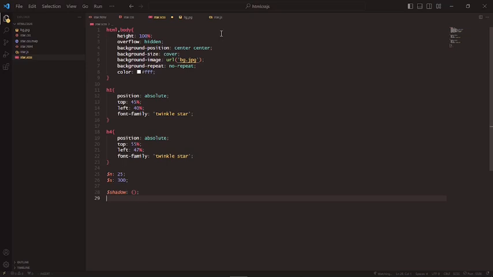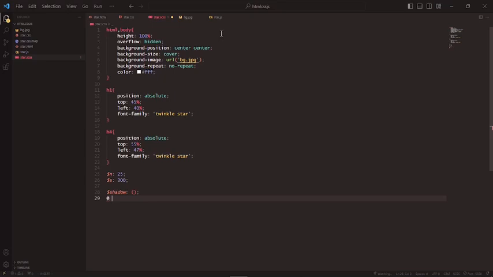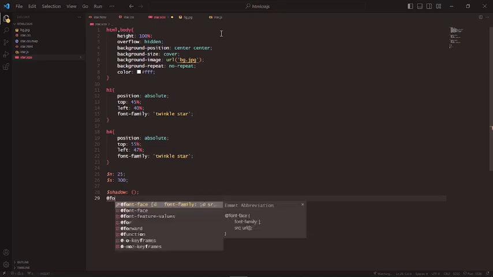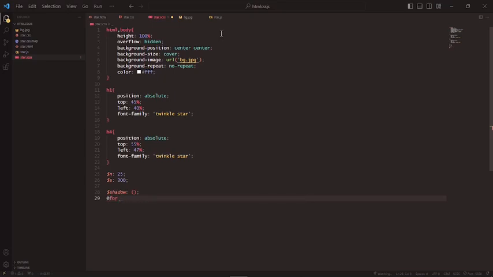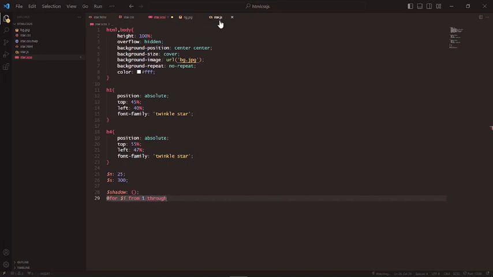Now we're going to write @for i from 1 through s